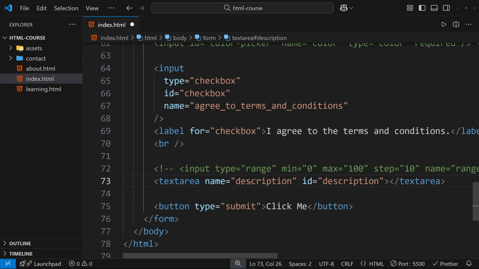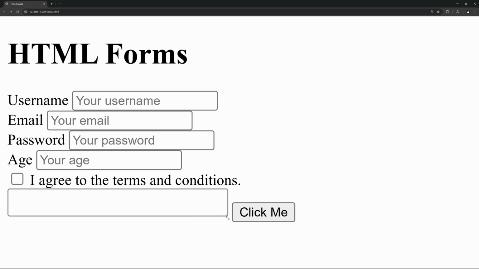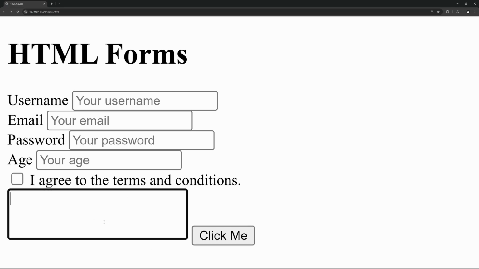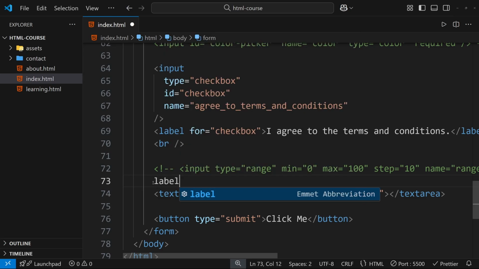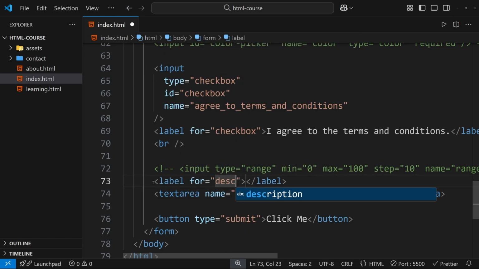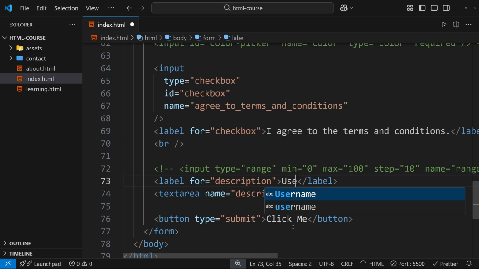Okay, so if I save it here and go to the browser, here is our textarea, and you can see that we can resize it as well by grabbing this, which is awesome. But now this textarea does not look that good, right? So let's add a label. Label for description, as you have already learned, the ID has to be this, right? And I can write user